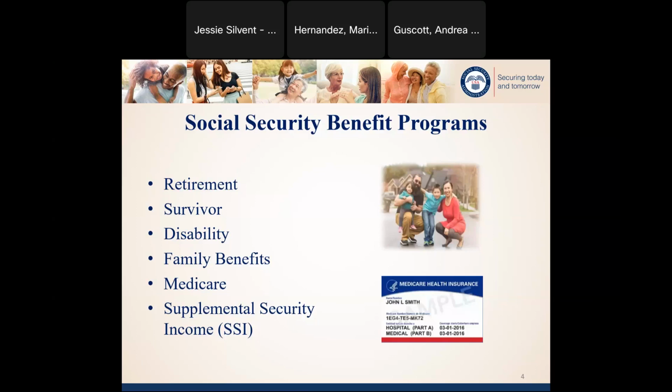Now, additionally, there is Medicare. That's a federal health insurance program. Social Security assists people in filing for Part A and Part B. Part A being hospitalization coverage, which covers inpatient visits, and Part B is medical coverage, which covers doctor's visits and outpatient hospital procedures. And then finally, there is supplemental security income, or SSI, as I will be referring to it throughout today's presentation, and that is a federal welfare program for disabled people who have limited income and resources. And there's no work requirement for that benefit, as it's a needs-based program. Next slide, please.